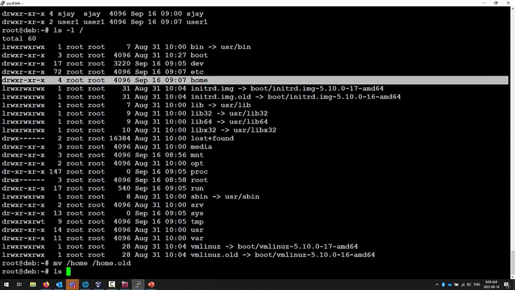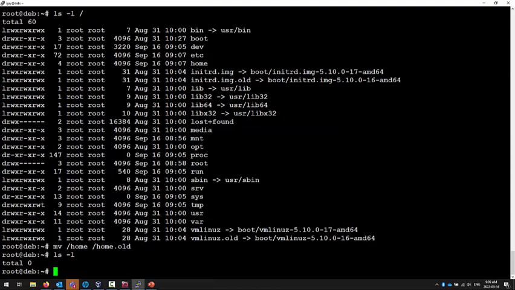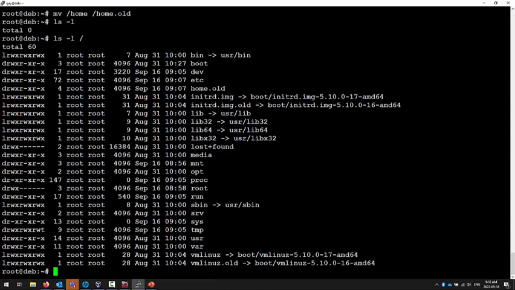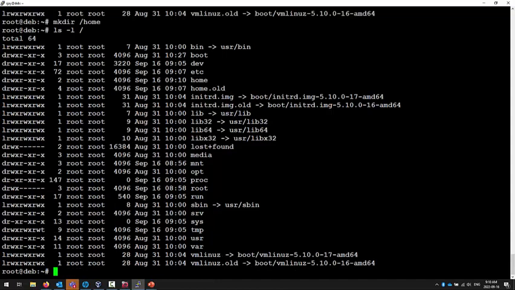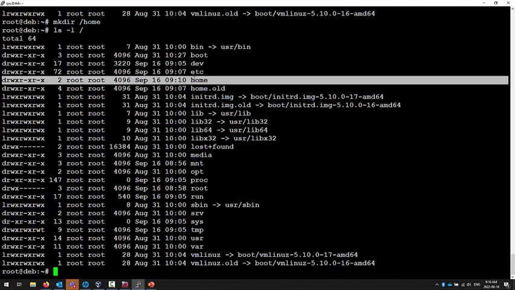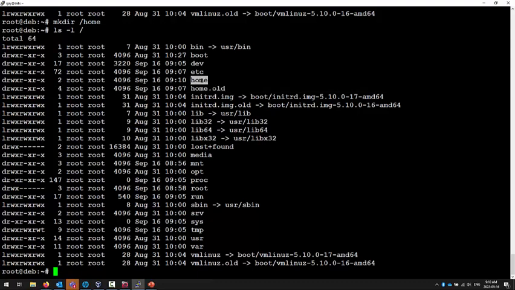Alright, so now when I do an ls -l, there is my home directory. Okay, Linux expects a directory called home off the root. So I'm going to make a directory called home. So there's the directory where everything should be. There's the contents of my old. Alright, so I've got a point where I can mount